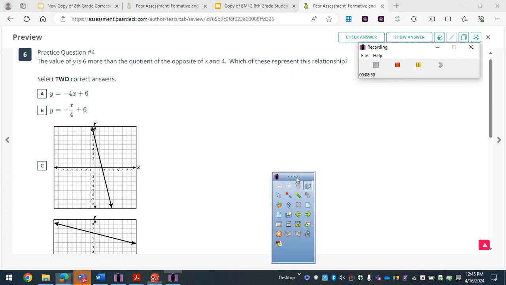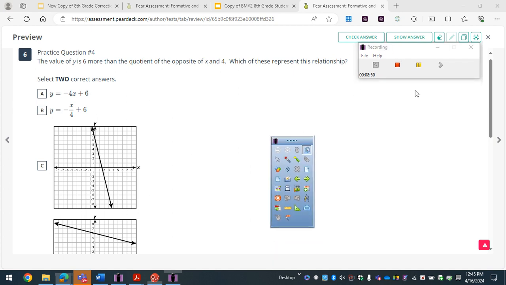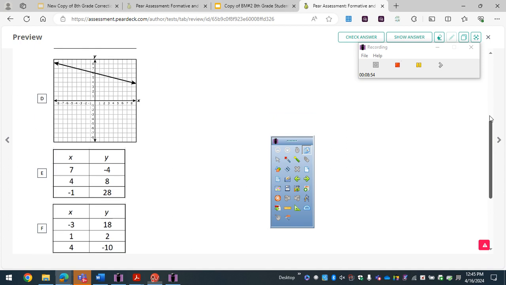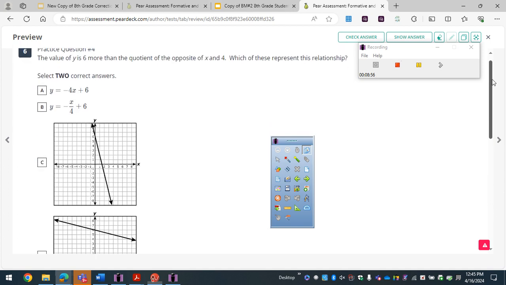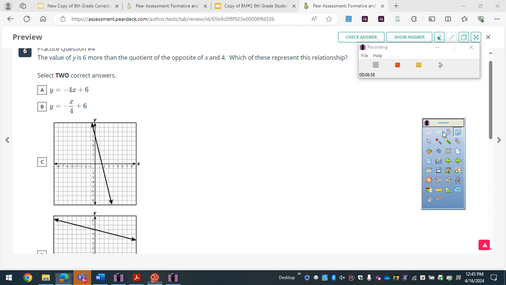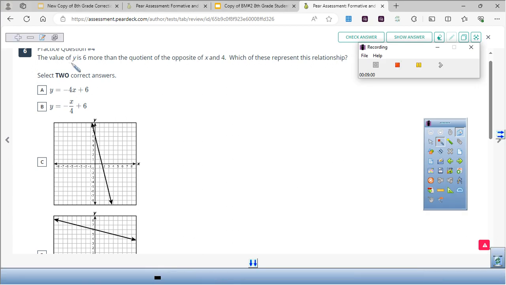Okay, so let's look at this one here. Oh, this is a good question. I think this is one of my most missed questions in my class. So we're doing a Control T on the calculator for that from IXL. Control T it. Okay, the value of Y is, so Y is, now to change the colors,